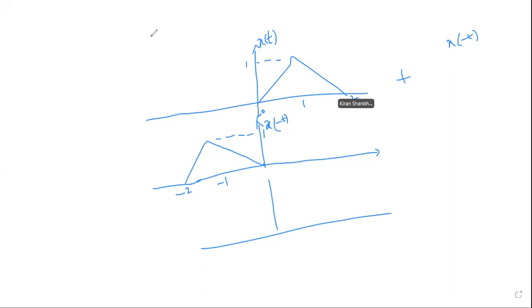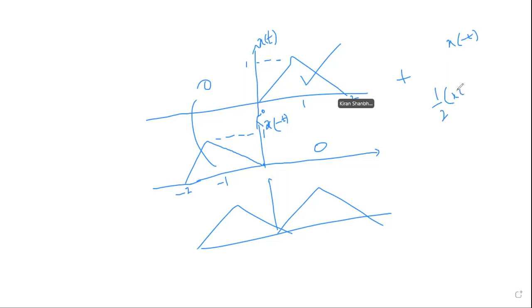Will you do it? So what you have to do is see this. This thing plus 0 remains the thing itself. 0 plus the thing becomes the thing. Are we cool? So the amplitudes here you can see: this triangle replicated on the right side, and this triangle came to the left side. This was a simple addition. What was the formula, by the way? Half of x of t plus x of minus t.